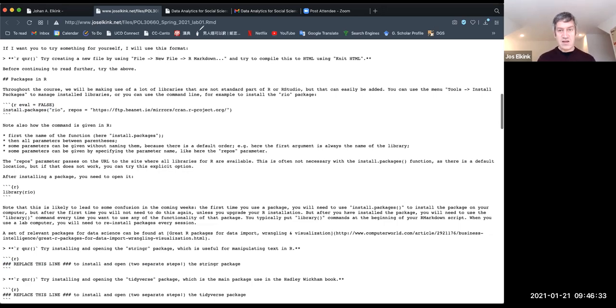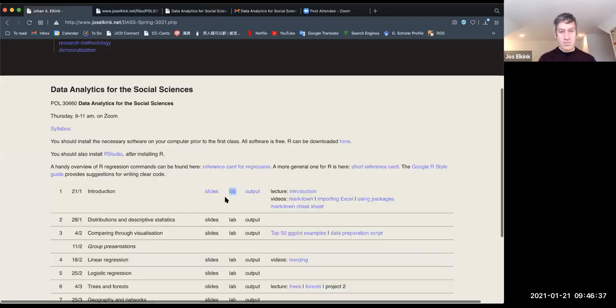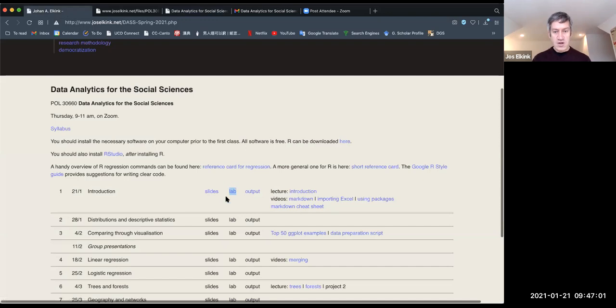So this is the RMarkdown file. This one you download by right-clicking, saving to your hard disk, then open RStudio and open this file. This first file, the lab, is the one that you want to open in RStudio. The second file, output, which looks like this, you don't need to open, but it's just helpful for you as a reference. So if I open this file in RMarkdown and I click on knit,